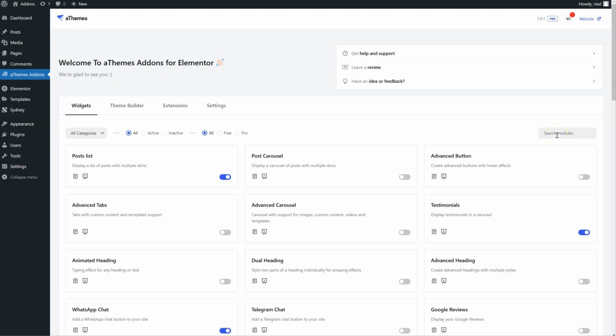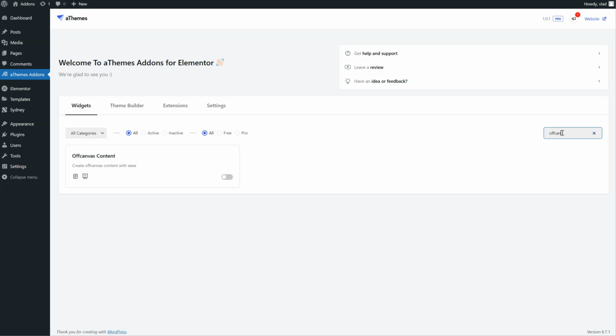To reveal hidden content when a user clicks a certain button or element, you can use the Offcanvas content widget. This widget is part of the premium version of the A-Teams add-ons for Elementor plugin. We're going to start by searching for the widget here, and we're going to click this toggle in order to